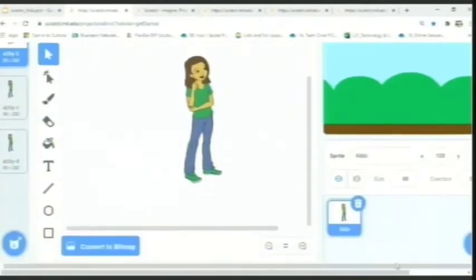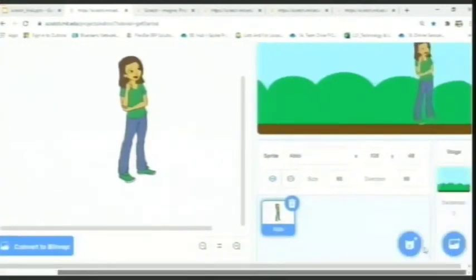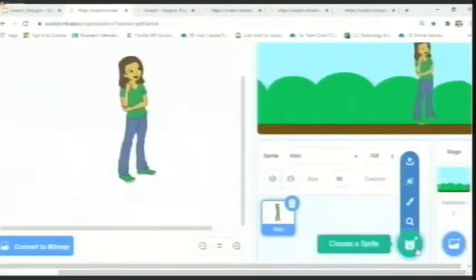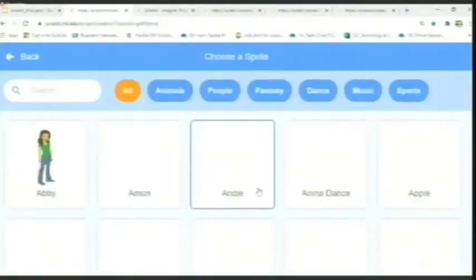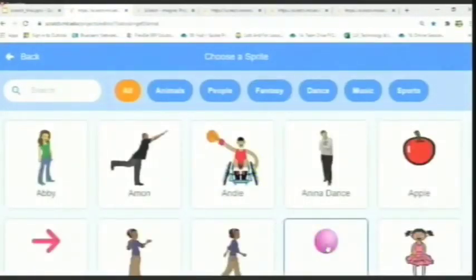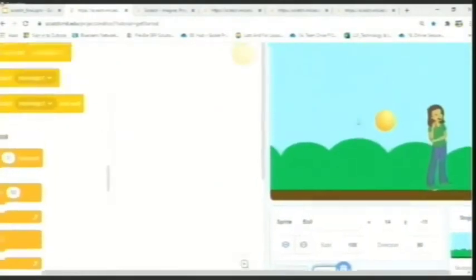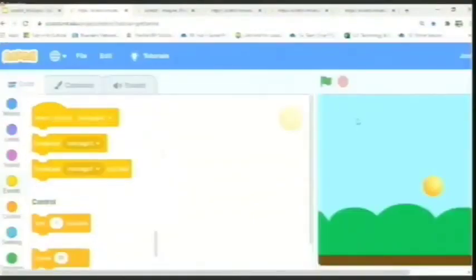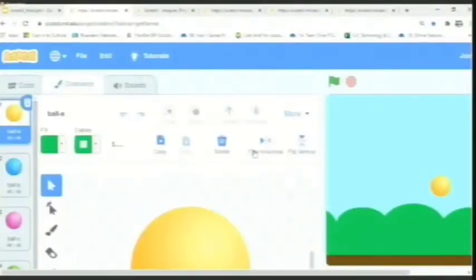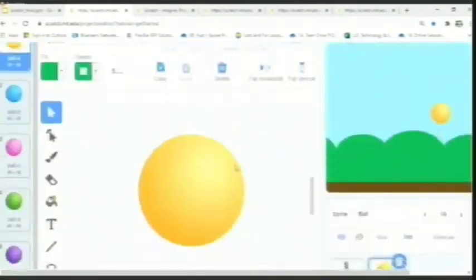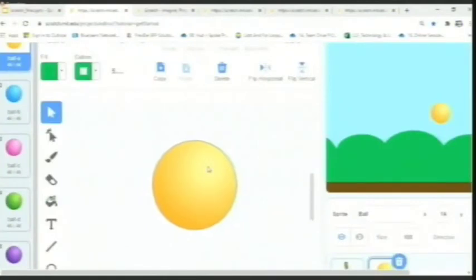The other way is, I would like to add another sprite in order to show you that trick. So I am going to add another sprite, which would be a ball. When I click on that, the ball sprite is added and it is also placed in the stage area. Now let's go back to the costumes here and then select the ball. Now the ball is already available. Let me zoom out a little so that you can see the image clearly.